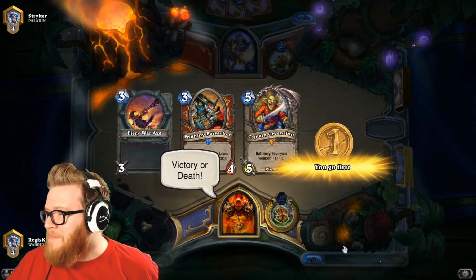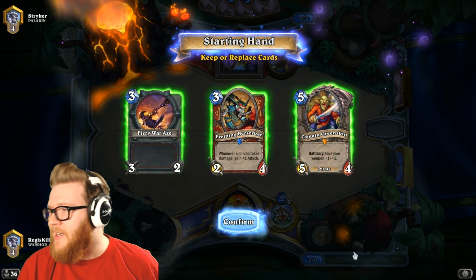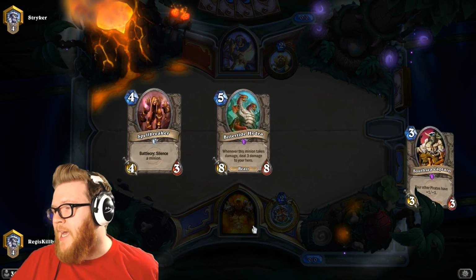Regis, I want you to say my name out loud. Marshall Hill, I already did, but it wouldn't have been in the video, so I'll catch you up here. Hobart is good, or at least was. Yeah, I wonder if Hobart makes sense in this deck. We can't run him because we're running Kel'Thuzad instead, but,